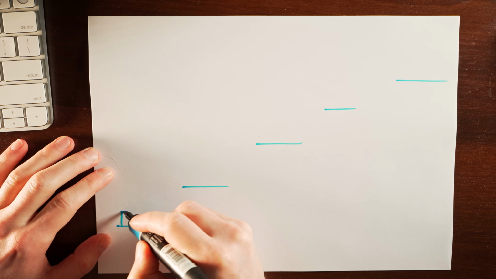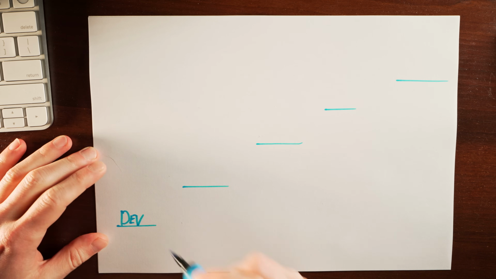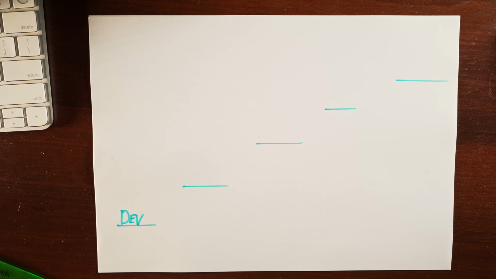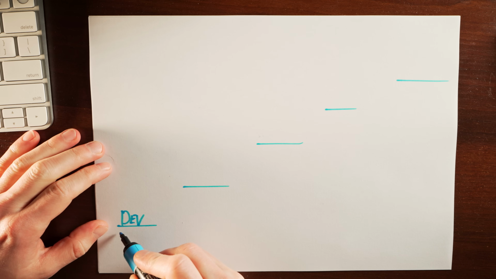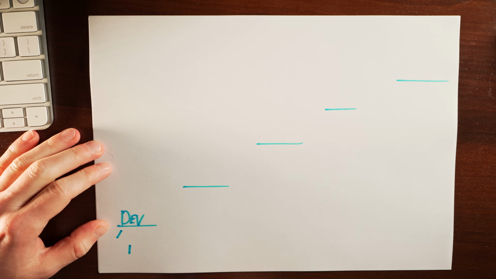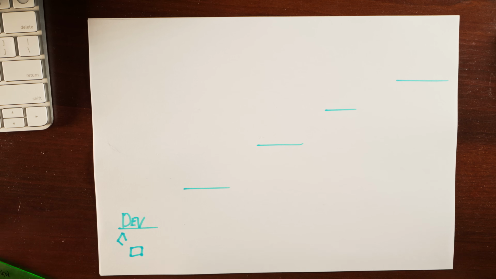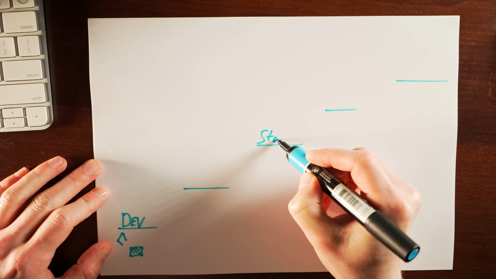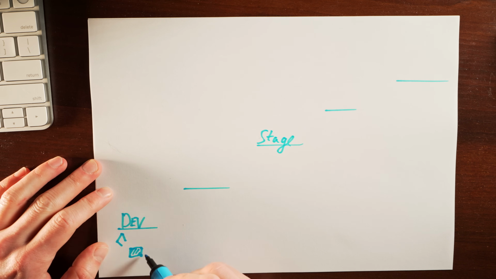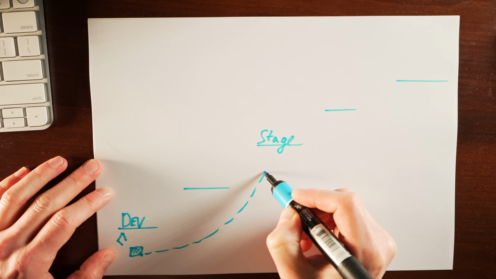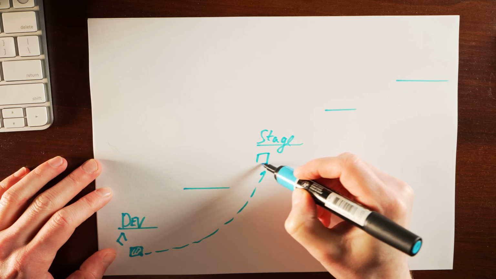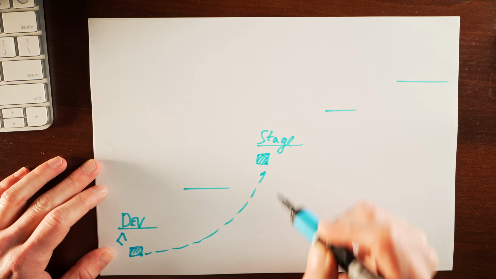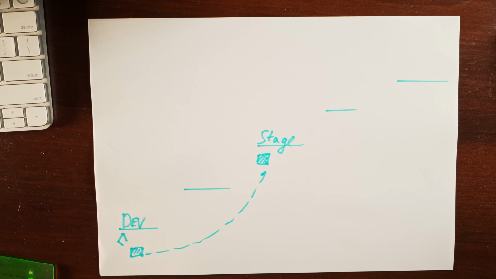Most commonly, we have development environment. That's where all developers in the team work on the code. This environment is rapidly changing because everyone changes the code at will. Then we test the dev environment and promote code to the staging environment. The staging environment is used for a stable version of the code that ideally doesn't contain obvious defects.